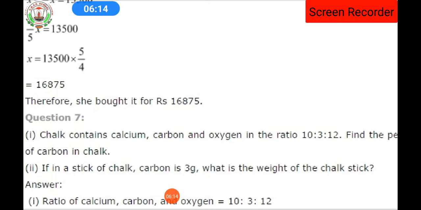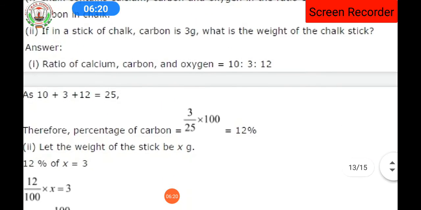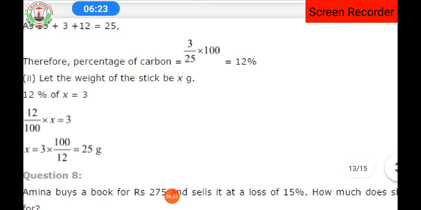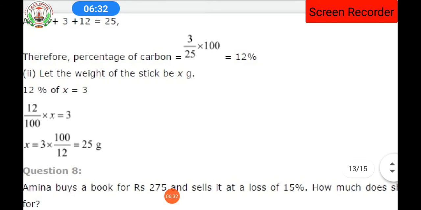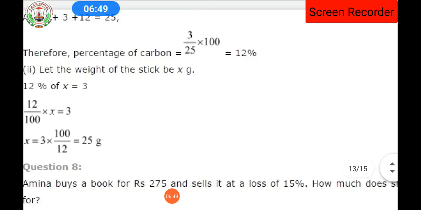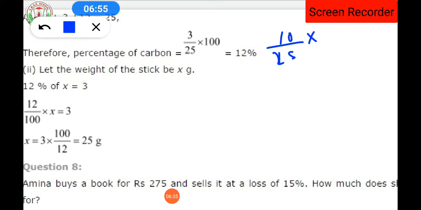So dear student, one by one we have converted all three ratios into the form of a percent. You can see here the solution is the same which I had told you. The first one is given as 3 upon 25 into 100. Here on the screen, only the carbon percentage is being converted, the rest are not converted, like the calcium percent is not being converted. So what did we calculate for the calcium percentage? The number is 10. So again I will do it and show you. So 10 upon 25 into 100, isn't it?